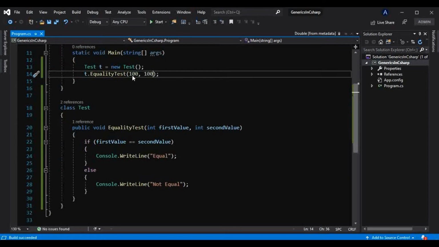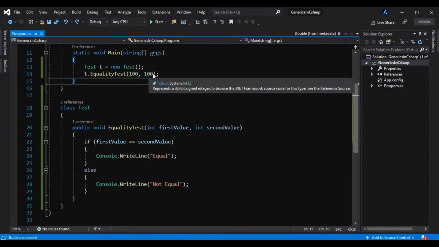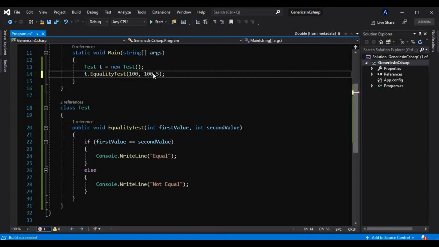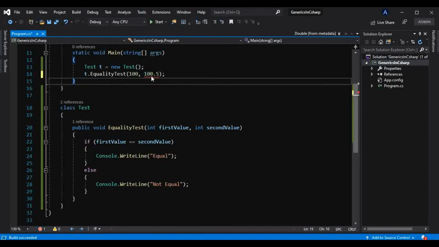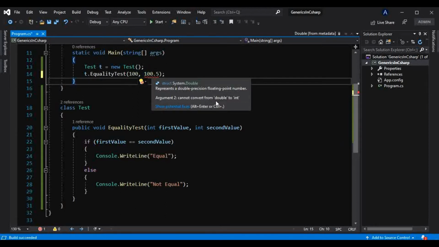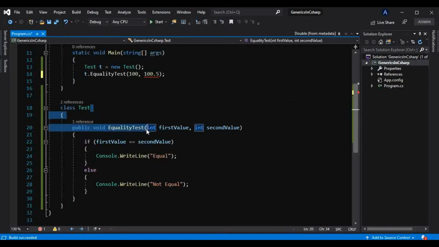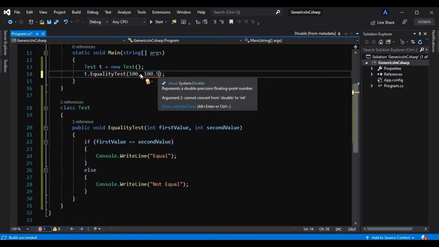But now instead of these two integer numbers, I want to check if two decimal values are equal or not. As soon as I pass the decimal value, it throws an error that says cannot convert from double to int. Yes, because we are expecting both parameters as integers, but I am passing a double.